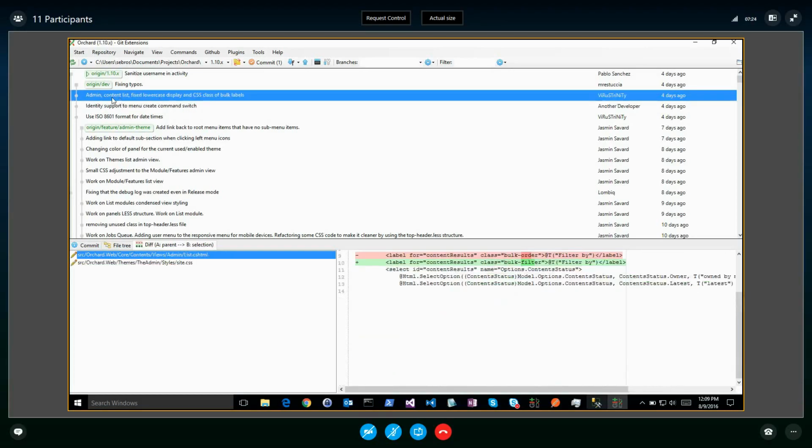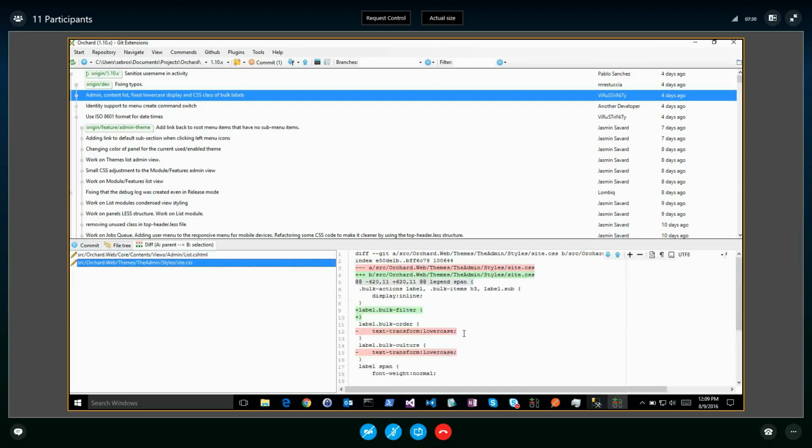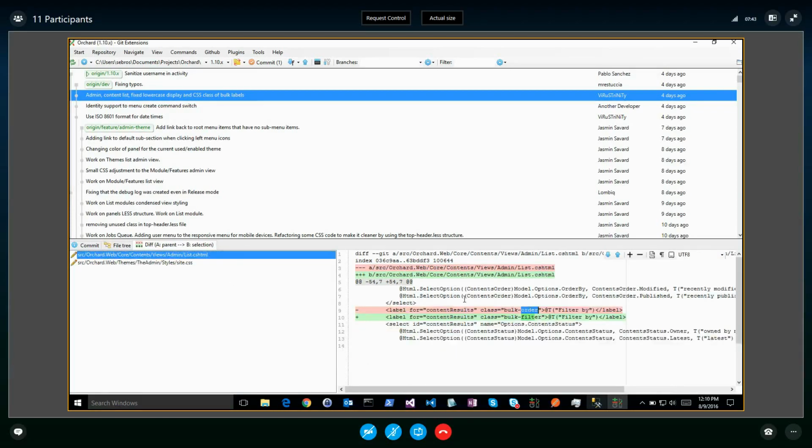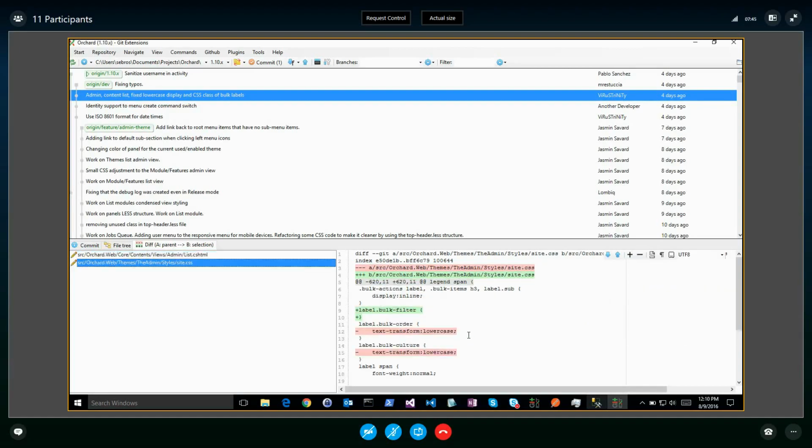This one, admin content list, fixing lowercase, removing the forced lowercase on the lists for the bulk actions, and also fixing one of the classes to be from filter to order. And this one is because